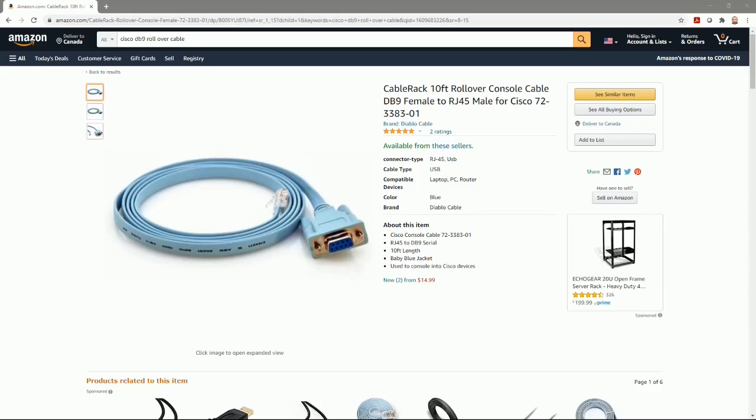This is an example from Amazon for a Cisco rollover cable. If we take a closer look at these cables, you can see this DB9 interface here. These interfaces are usually called DB9 because they have 9 pins, and they are called serial interfaces in other cases. We used to have these interfaces in old PCs. These interfaces are large and take a lot of space, and that's why it is common to have USB interfaces instead. On the other side, this interface is RJ45, and it is meant to connect to the RJ45 console port